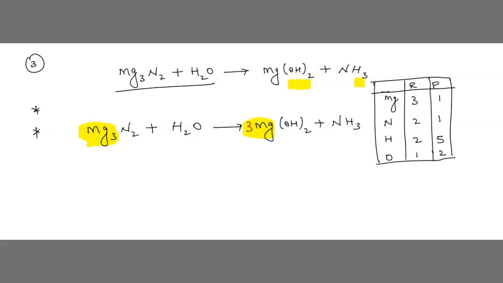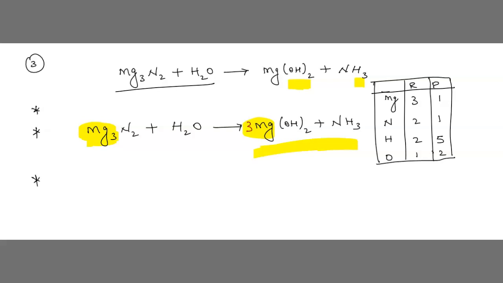Now what happens for O? That is the reason I have not taken OH, because here OH twice is there, no? If it was only H separate, then easily we would have taken H here also. But here this H is multiplied with O, OH, while on this side we have only H. In the product side we can see here we have OH and here we have H. That's the reason I took Mg first.